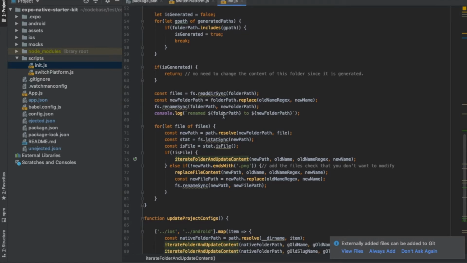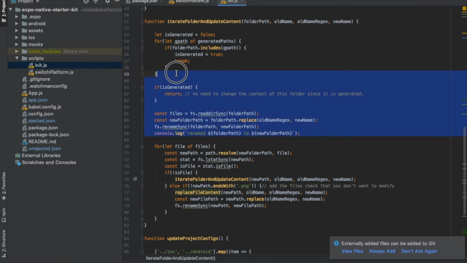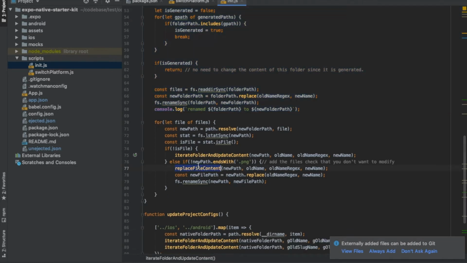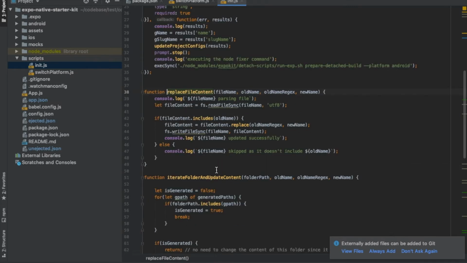So essentially it is calling this function for each of the files, right? All of these things are mostly for iterating over the files. And then for each file, as the comment says, check the files that you don't want to modify. So it says that I don't want to modify the png files. So for any other file which is not png, it calls this function, which is